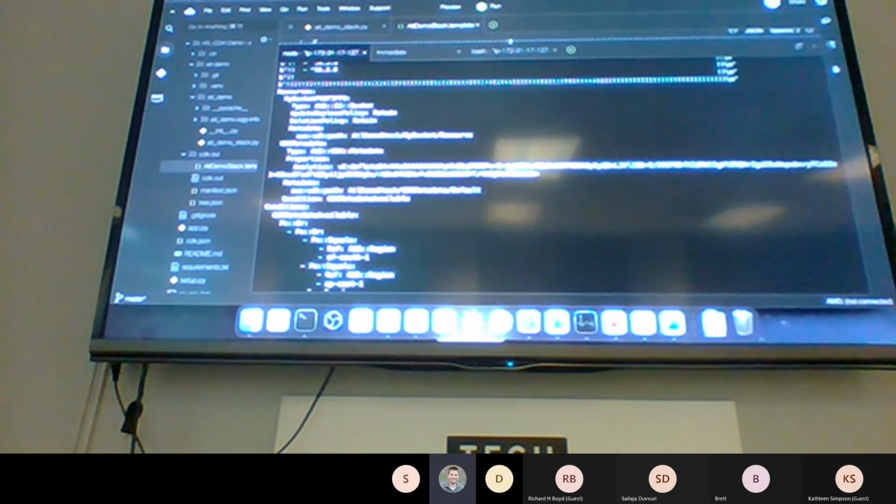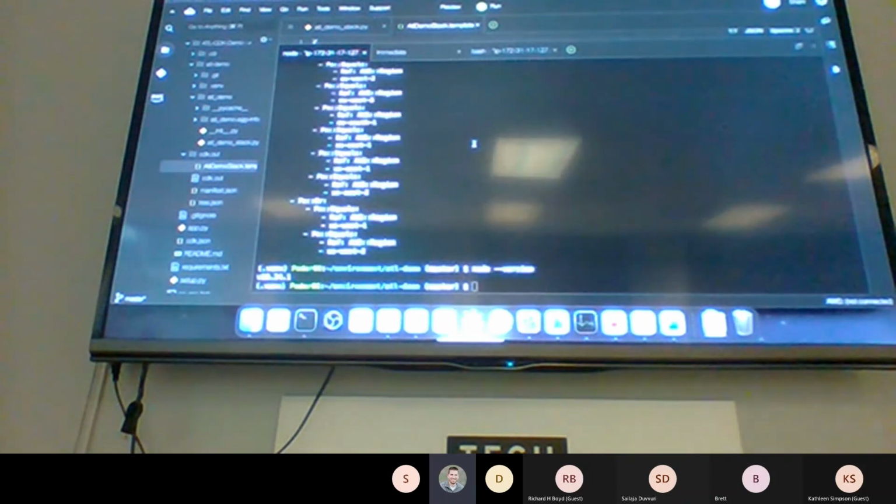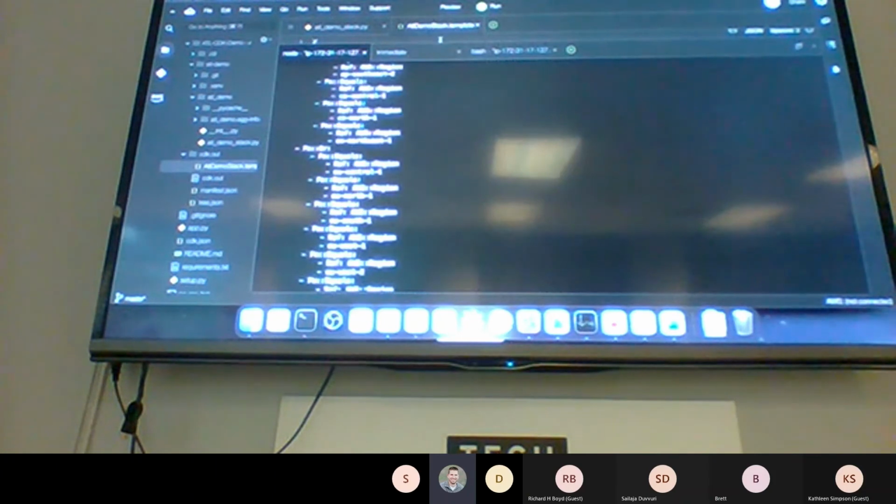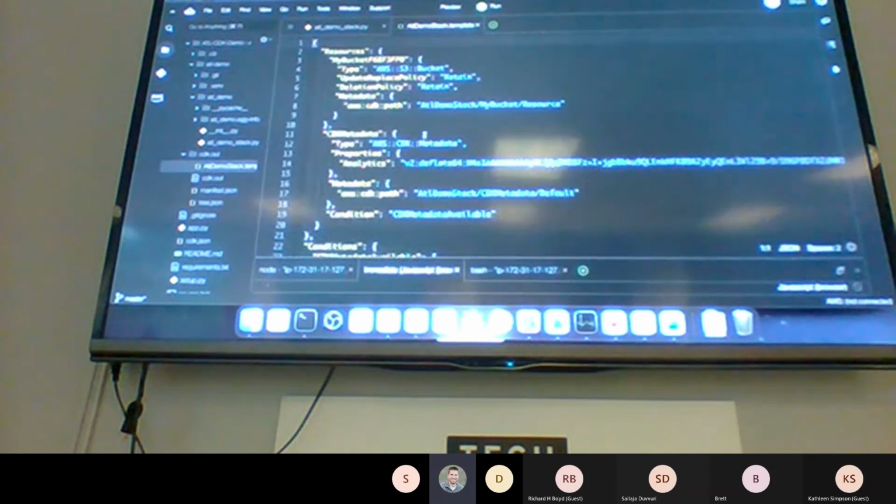I can't tell you the number of times I had that file open, didn't realize it, and it printed a new version, but I wouldn't refresh the view. And it would be like, oh no, there's no change. I kept making changes to the source, resynthesizing it, and nothing was changing because I wasn't refreshing the file. Like I said, this does the CDK synth, so you can look at the stack that's created.